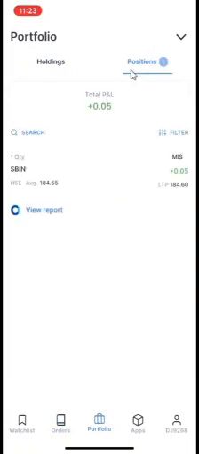Here there will be two tabs. One is position, another one is holding. In the position tab, we can see the current market status of the purchased stock. This is our SBI stock. Now it is running at 5 paise profit. Here we can see total profit and loss. From position only we have to exit the shares.